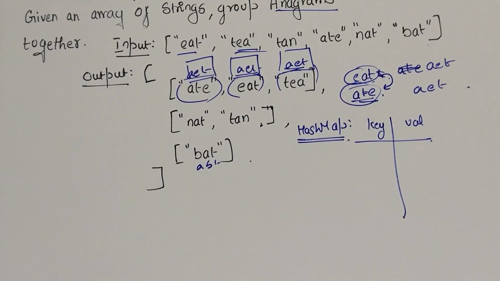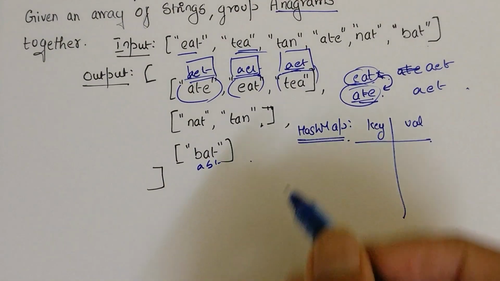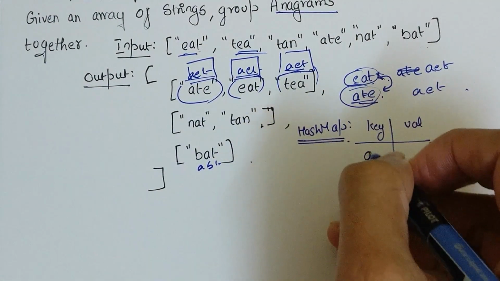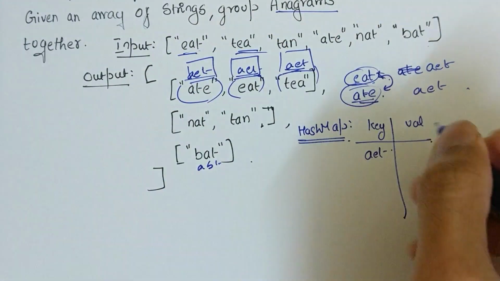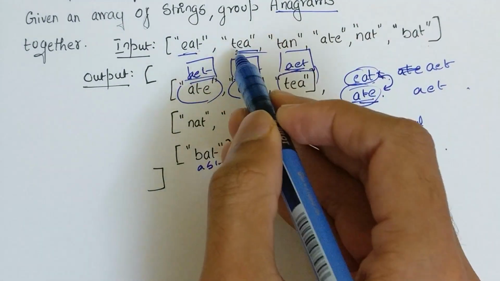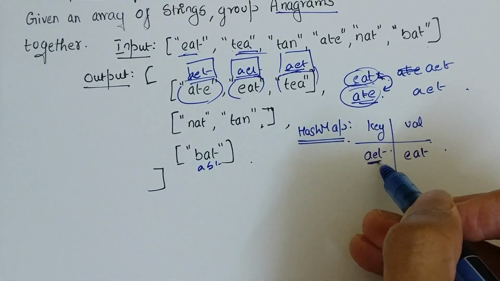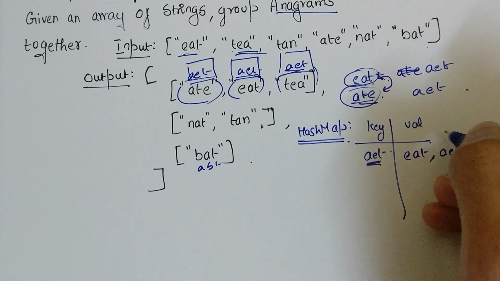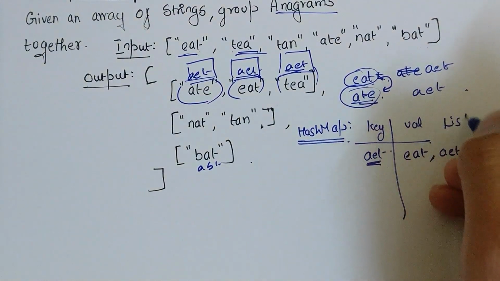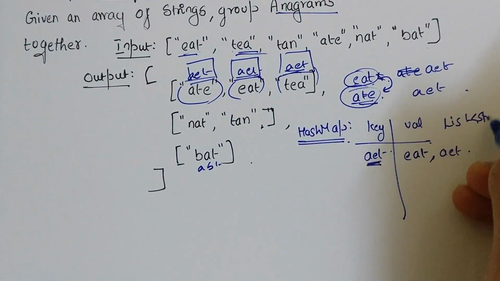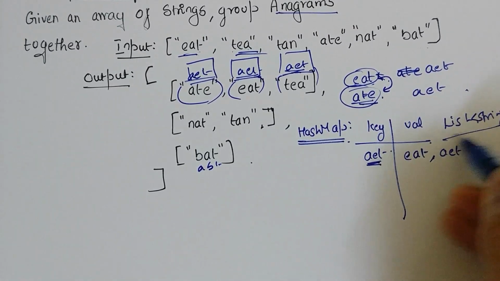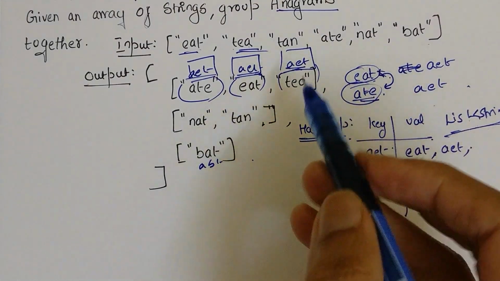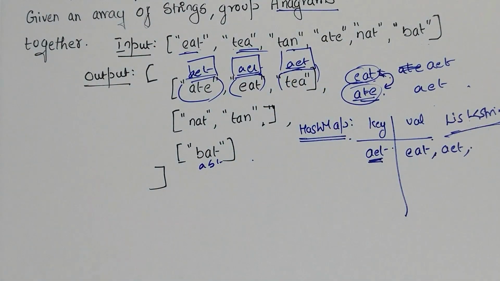So what do I get? I'll go through this. I will sort this out, AET, and that will be the key, and I'll put this one, EAT. Next, this also will be AET, and this key already exists, AET, so I'll append this. So the value will actually be a list of strings. So here again AET got added, and next one this will be